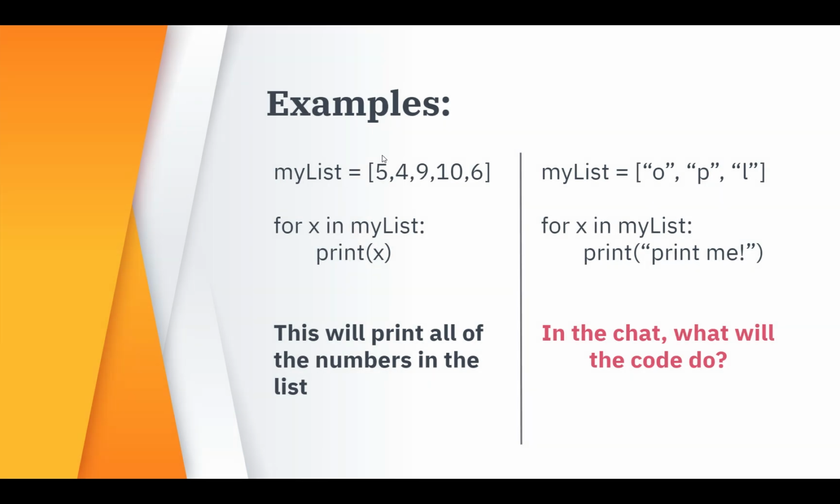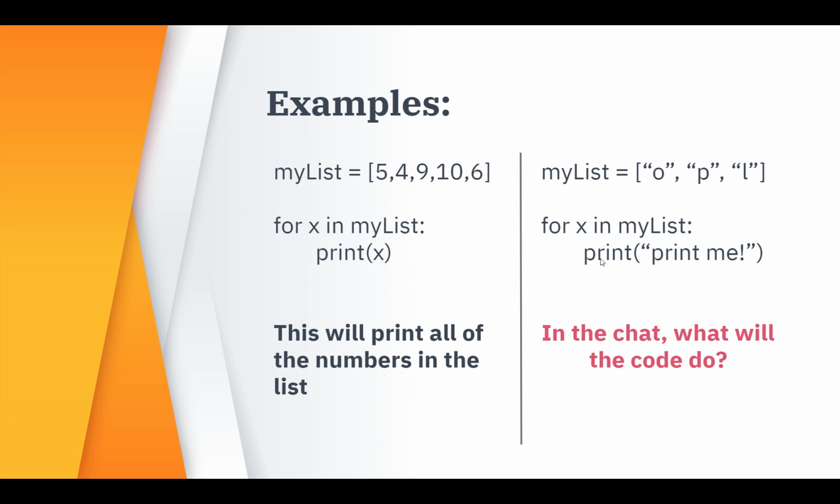So an example, instead of having to have a counter equals 0 and then have while counter less than my list length, or length of my list, you can just do for x in my list, and x is going to be equal to each element of the list, print x. So this is really simple, and it just prints 5, 4, 9, 10, 6. And here,